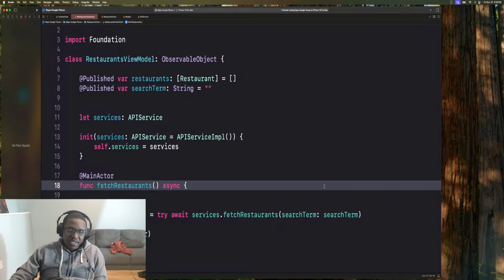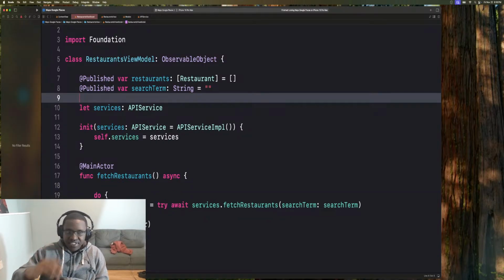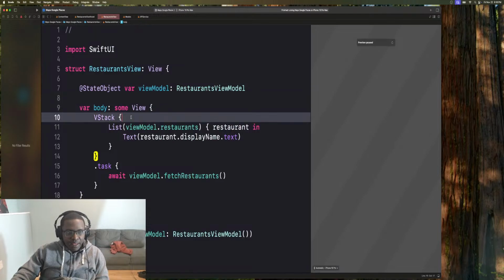And if I run this again, we won't see anything because right now the string is empty and we're not even using the search term in the view. So you won't see anything, but we're about to change that. So we're gonna jump to the restaurants view. And Swift makes it very easy to add a search bar. So if I load up our preview here,